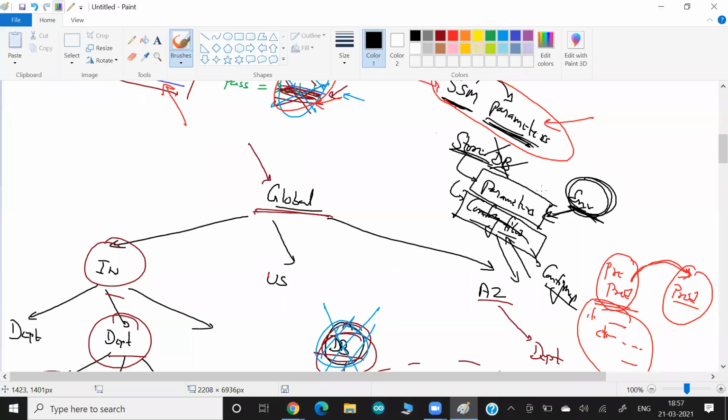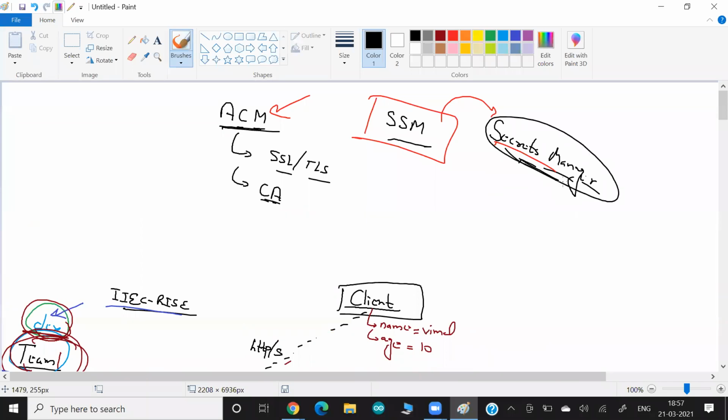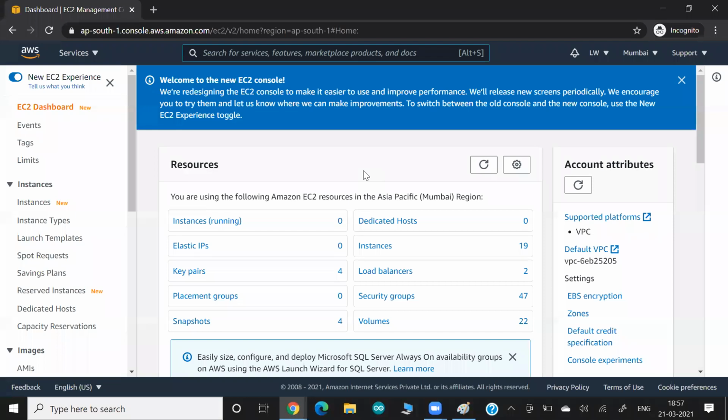In Kubernetes we have one more concept called secret. Secret is something like this service. So it is a different service. I will explain in a minute what Secrets Manager is. So what I'm doing here, let me start this way. Guys, whenever you create a